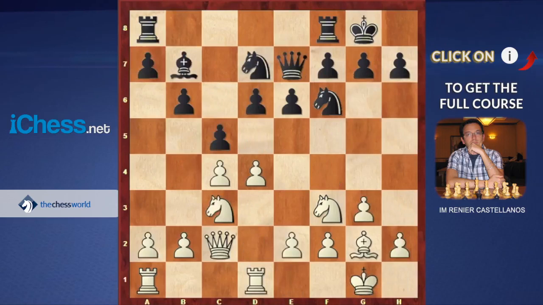Alright, here we have this game by Petrosian with the white pieces against Soboliev, and the position looks normal, a typical position from an Indian or Queen's Indian, and black doesn't seem to have any weakness. However, Petrosian found a very nice idea here. He plays the move d5, shutting the bishop, gaining more space,